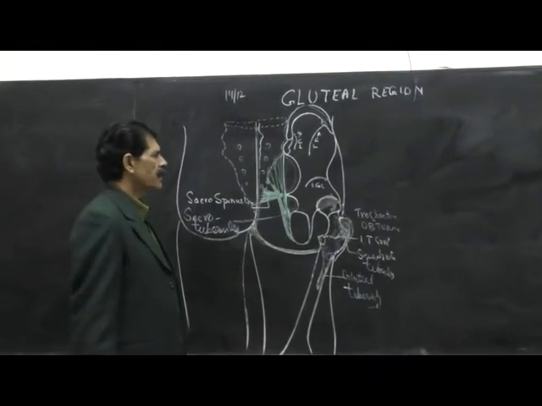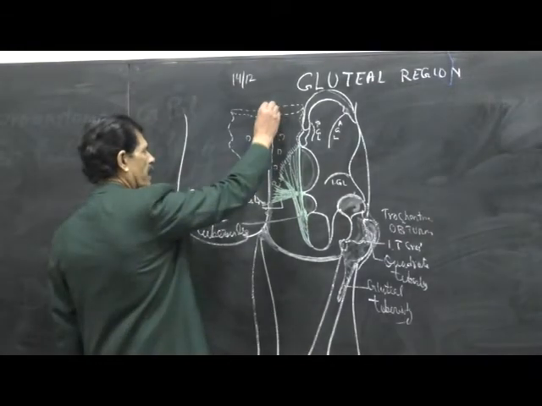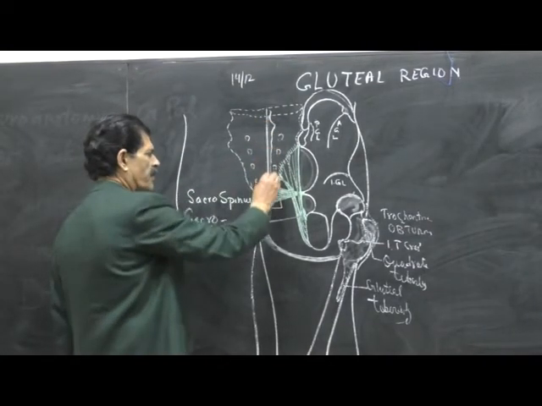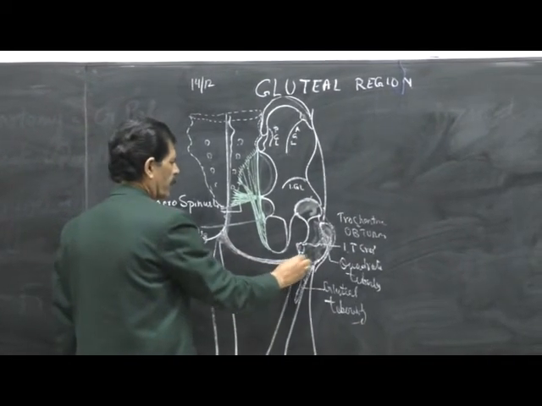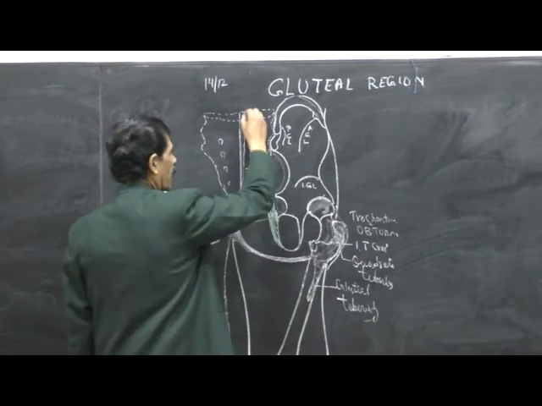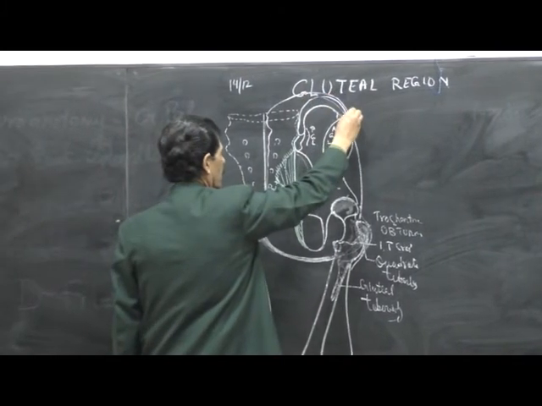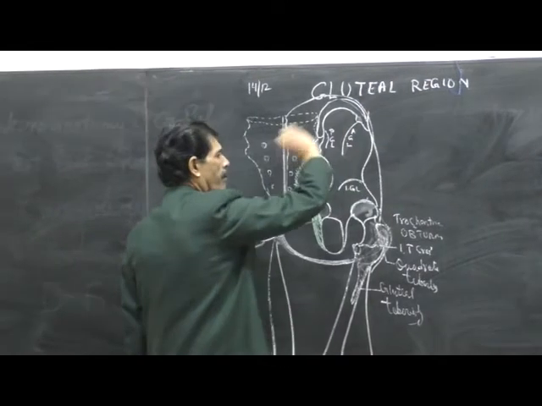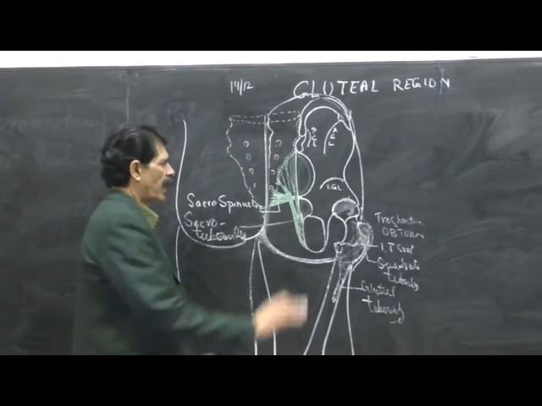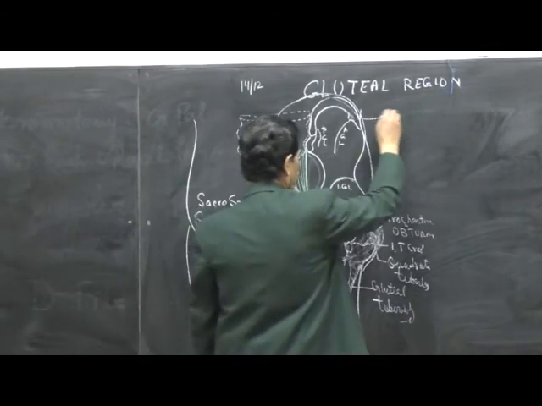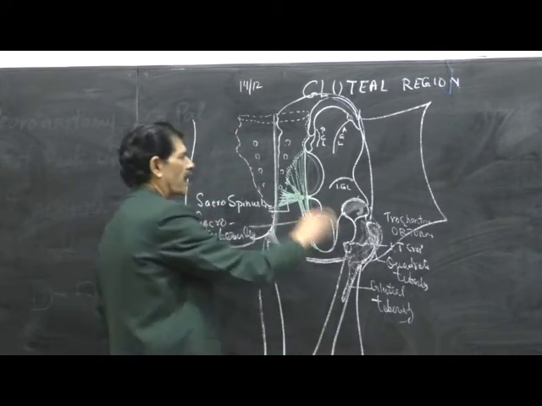Now when the gluteal region dissection is done, we make a cut in the midline, the natal cleft. Another cut is made over the gluteal fold, and another cut is made along and parallel to the upper part of the iliac crest, and then we reflect the whole of this skin laterally to see what lies below it.